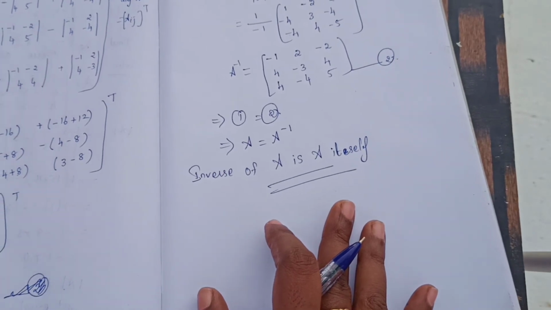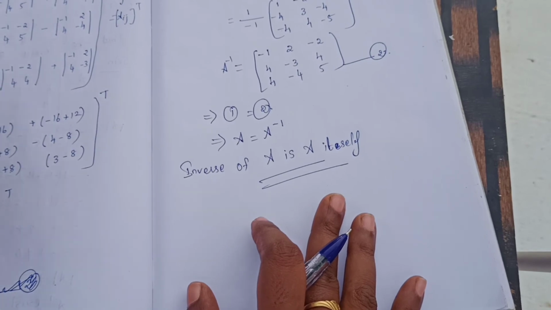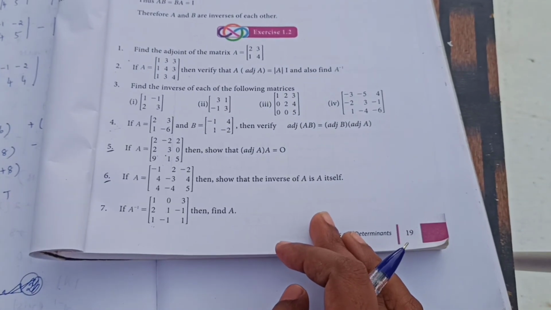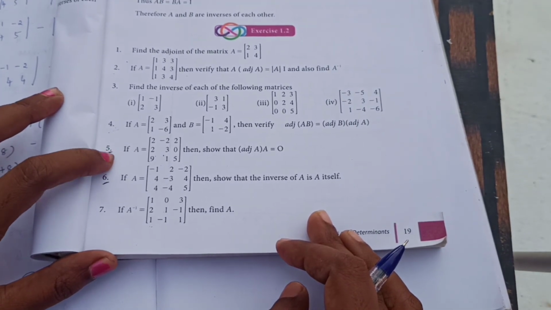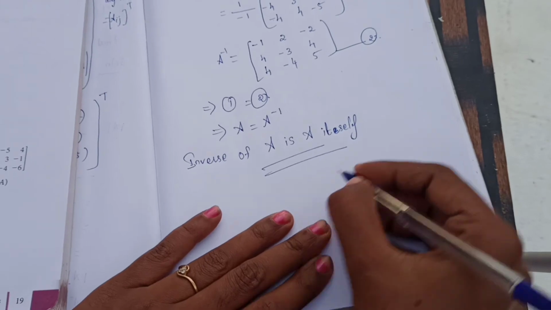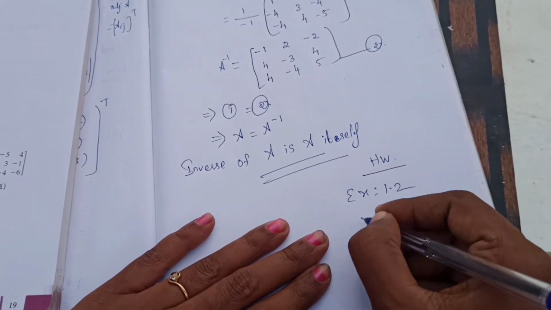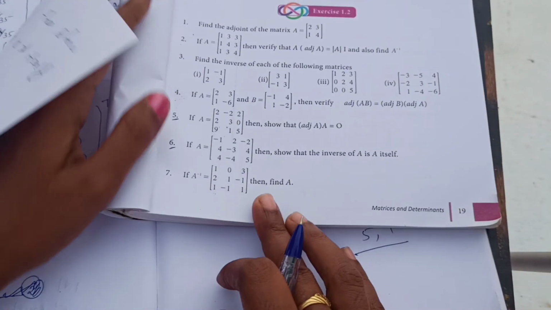Okay. So, already I gave one homework for you. Please students, take down one more homework. I will explain what you want to do. Okay. So, the fifth problem is your homework. Take down the homework. Exercise 1.2, problem number 5 and 7 homework. Okay. So, the 7th problem I will tell you how you need to do.